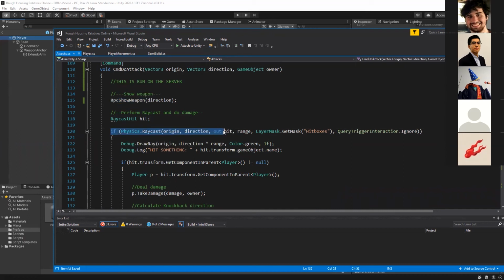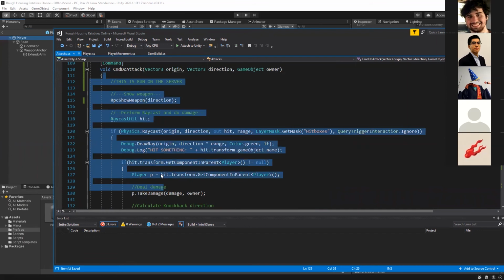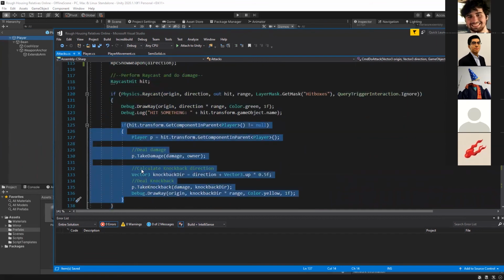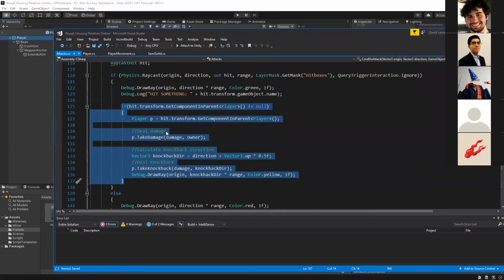One thing to note here is that since this is running on the server, whenever this piece of code runs to check whether or not we're hitting something, it's using the server's copy of the game. So if people are lagging, the server's copy of their positions will be a little bit behind what everyone else's screen shows.